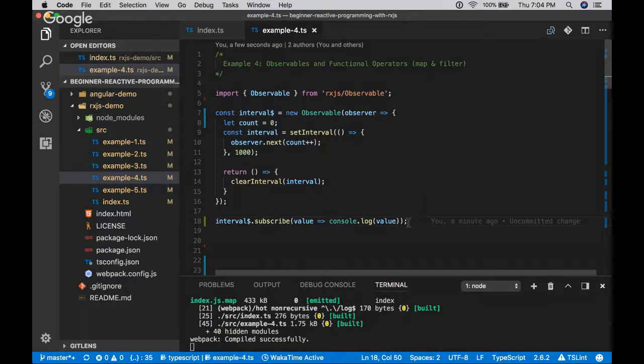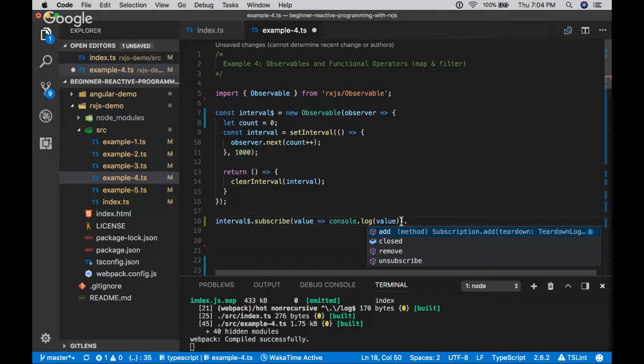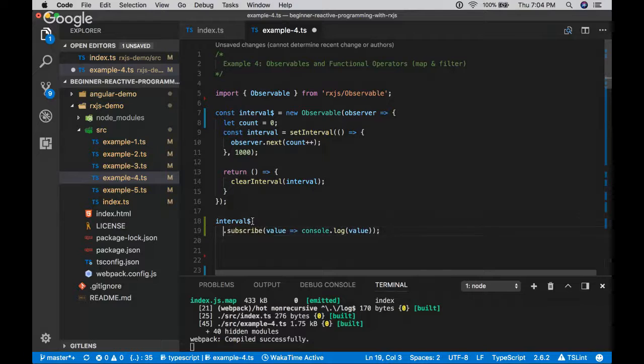So with older versions of RxJS, we would typically call these special functions just directly off of our observable. So we'd have functions like map and things like that, scan. We'll cover what these do, but we'd have these special utility functions that we would just dot chain off of our observable. I don't remember exactly which version. I think it was like RxJS 5.5. Yep. They introduced a new syntax called the lettable operators. And what this syntax looks like,